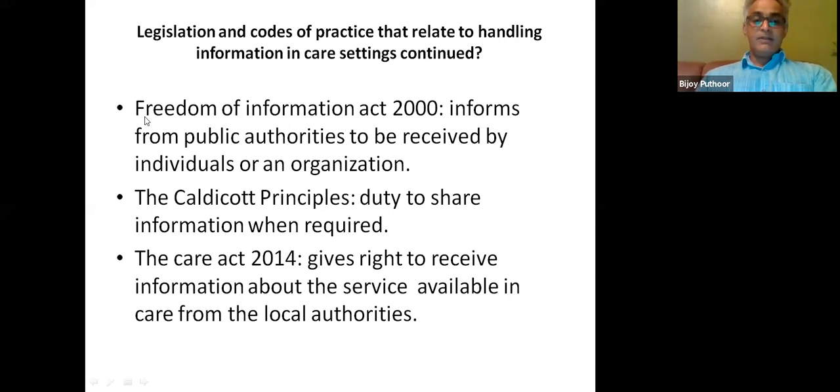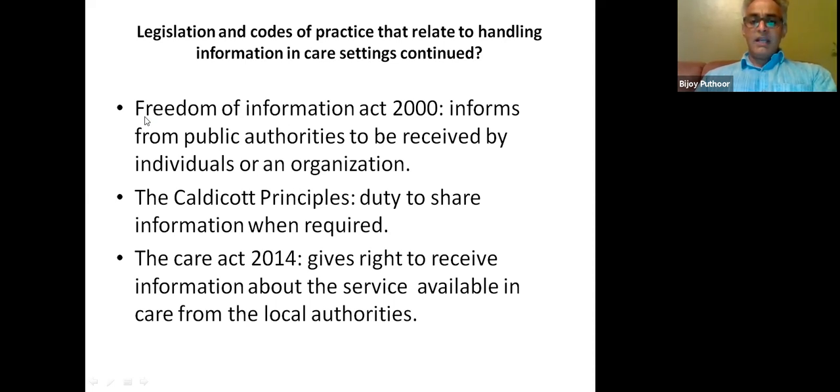Another one is the Caldicott principles. As you may know, Lady Caldicott was requested to look into the data protection regulations. She looked into it. She's a psychiatrist, and her husband, Mr. Caldicott, was an eminent member of the House of Lords. When she looked into it, she agreed that we have to use the least identifiable information. And when information is shared, you should only share it on a need-to-know basis. But more importantly, she also said that the duty to share information when required is equally important as the duty to